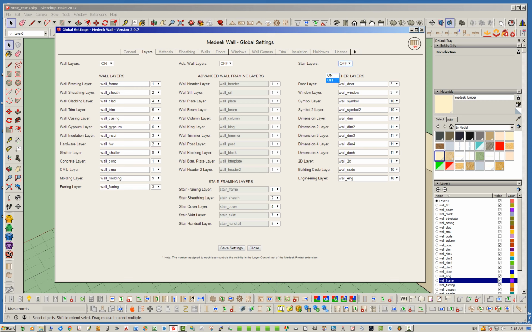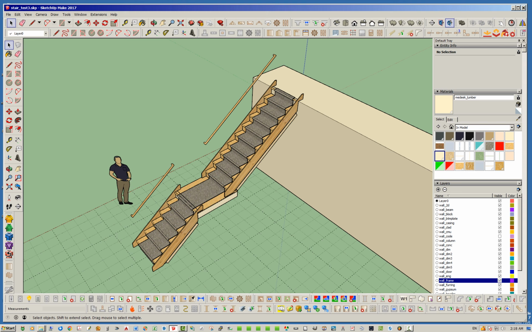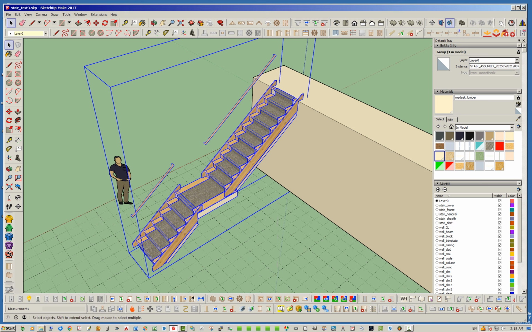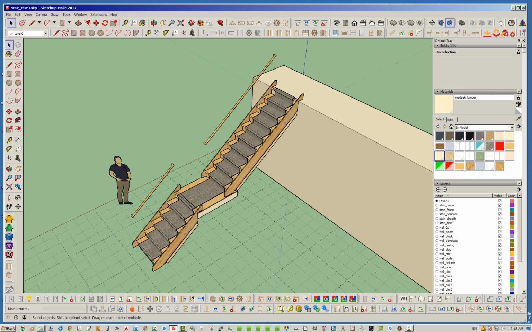So we'll go ahead and turn that on, and you'll see that this now all activates. And we'll go ahead and hit Save Settings. All right, and then we'll just jump out of here real quick. All right, so let's go ahead and regenerate this stairway. Now with those layers turned on, I'm just going to go ahead and right-click on it and regen the stair assembly. And the first thing you'll notice, of course, is that we now have 5 additional layers or tags created